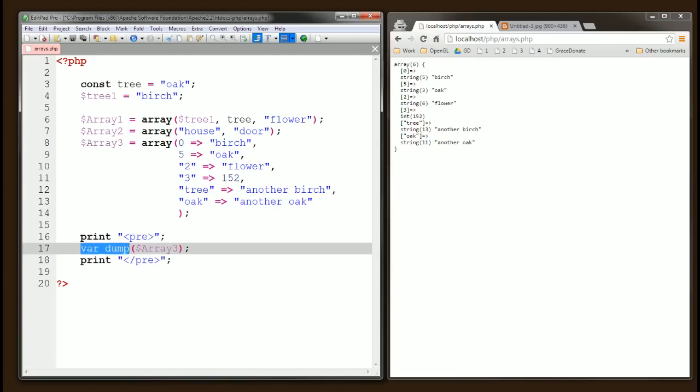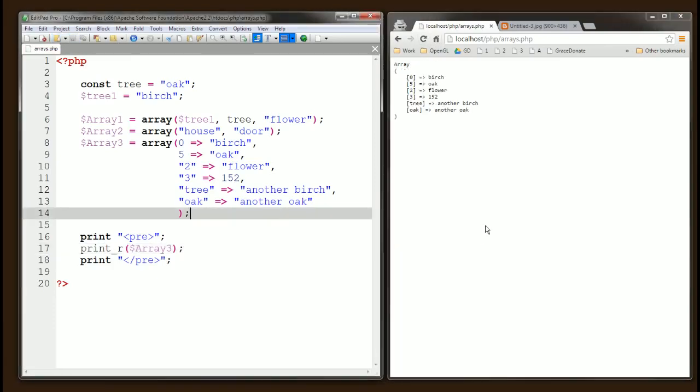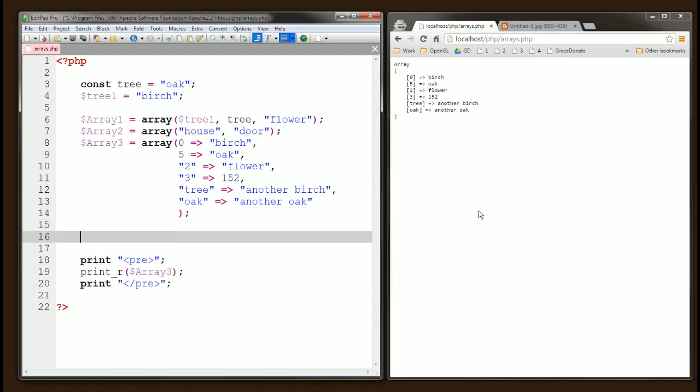Now let's convert this back to print_r for clarity's sake. Save and refresh. And now one really fun thing that we can do at this point with arrays is to use the foreach keyword in PHP. And we can specify the array 3, which we have just created with all these different values. And now we use the keyword as, and then you use named variables. For the key,